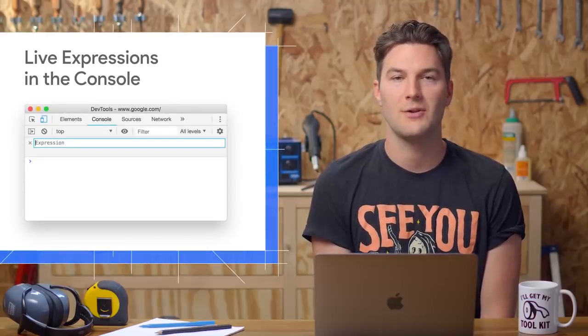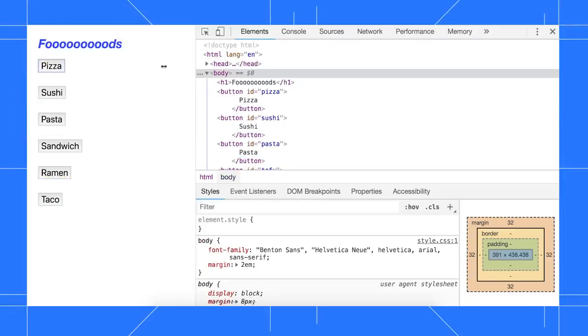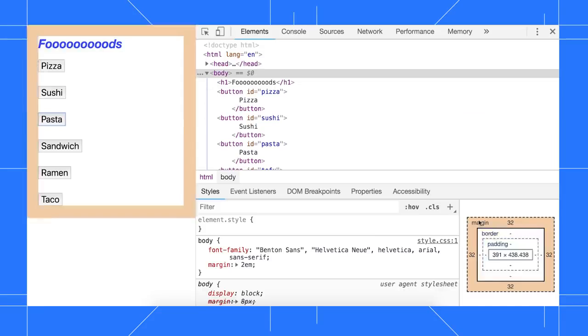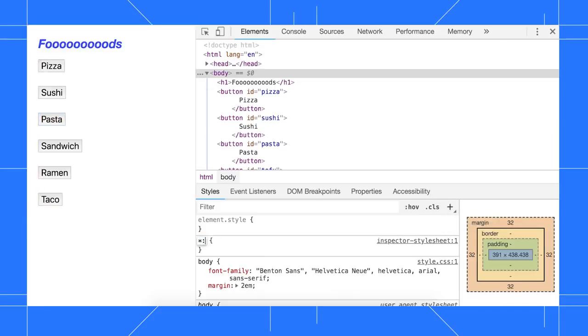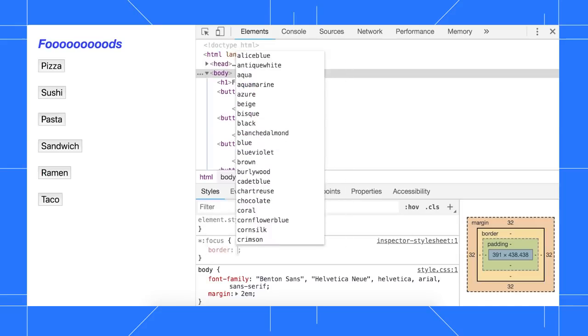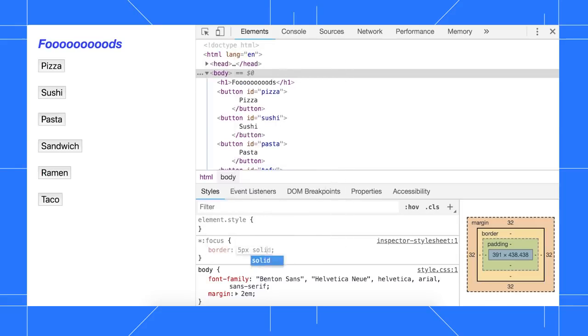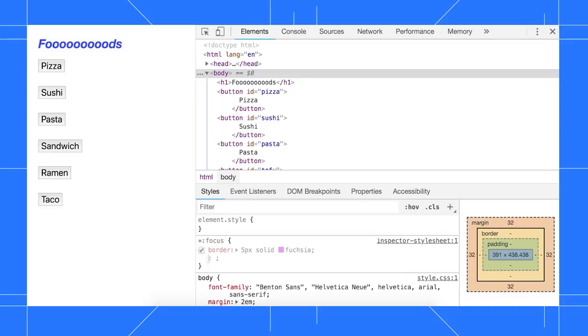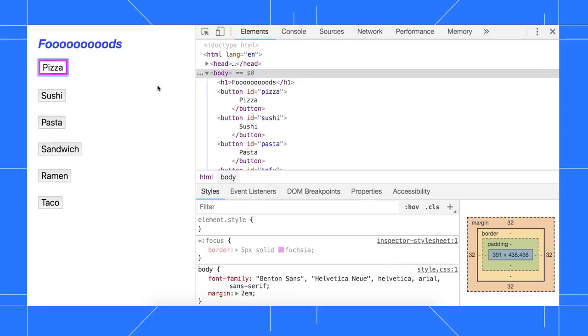With live expressions, you can monitor the value of any JavaScript expression in real time. In this demo, I need to check that focus works correctly. First, I'll add a new style rule to make it easier to see which element has focus. How about a border of 5 pixels, solid, and fuchsia? As I tab through, it looks like focus disappears between pasta and sandwich, so let's use a live expression to